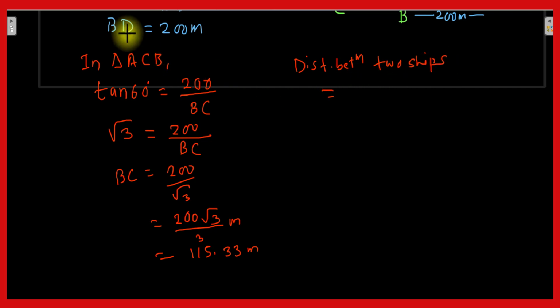And therefore the distance between the two ships is equal to BD plus BC, that is 200 plus 115.33, and if you add these two, you will get it as 315.33 meter. So at the end you will write the answer that the distance between the two ships is equal to